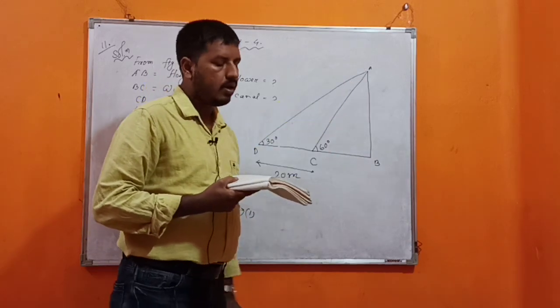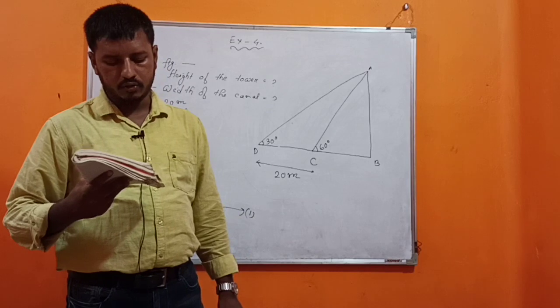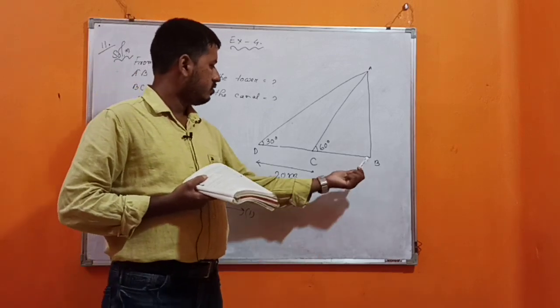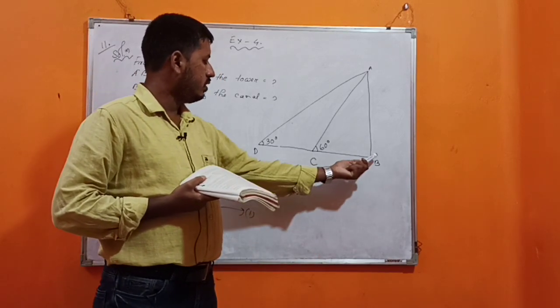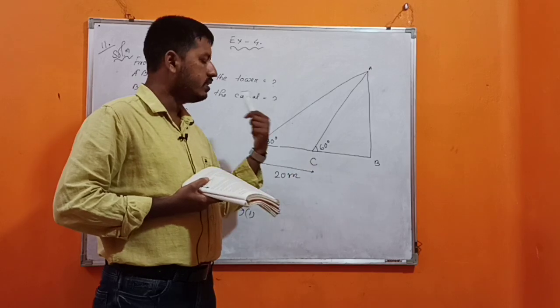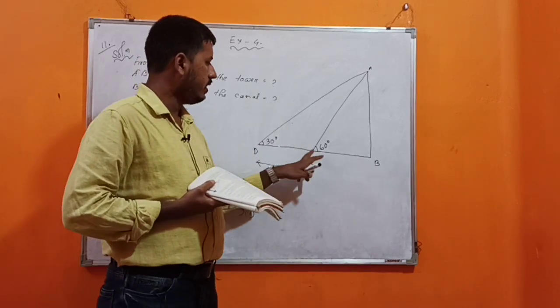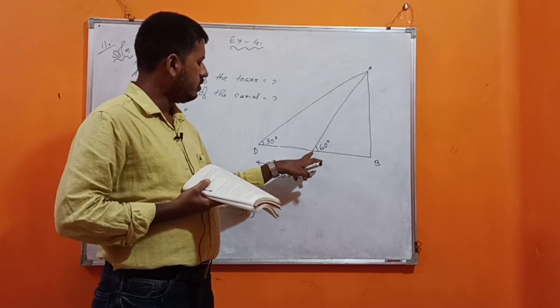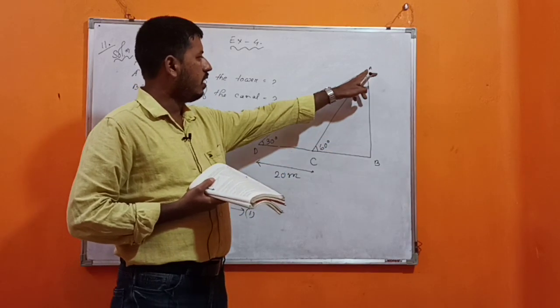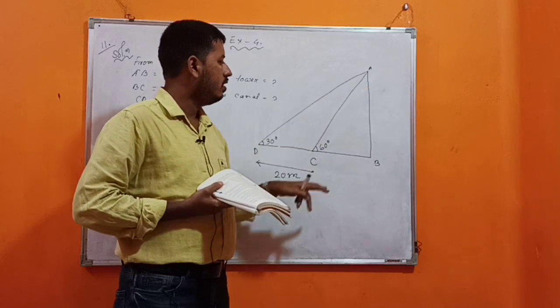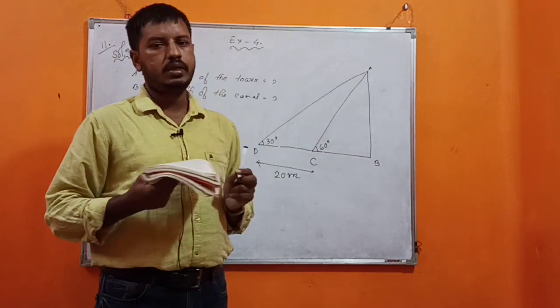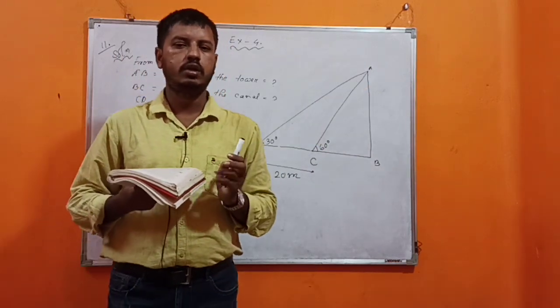side of a canal, vertically standing. Okay, from a point on the other bank directly. So C is a point which is situated on the other side of the canal. Okay, so it means BC is the length of the canal, and the angle of elevation from C to the top of the TV tower is 60 degree, and the point is situated on the other